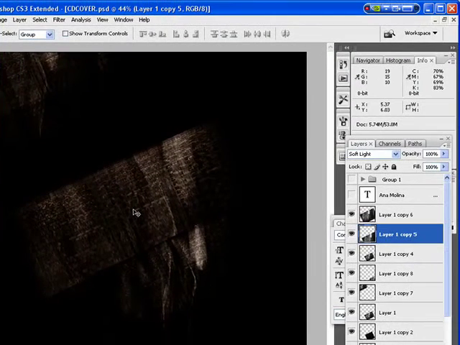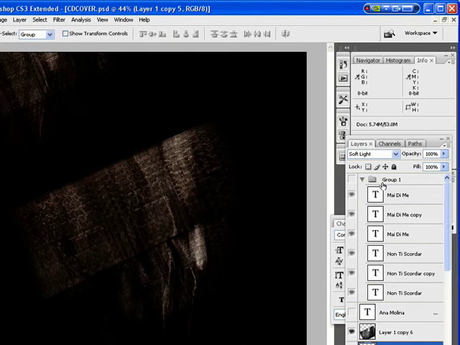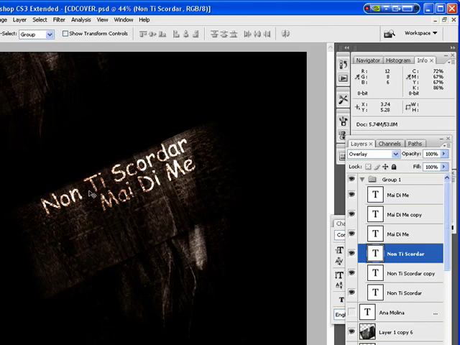And now all I have to do is add in my text. So the first text I'm going to add in is the name of the song, since this will be a single cover. And so I've placed these all just in a folder up here. So the name of the song is Notis Godar,